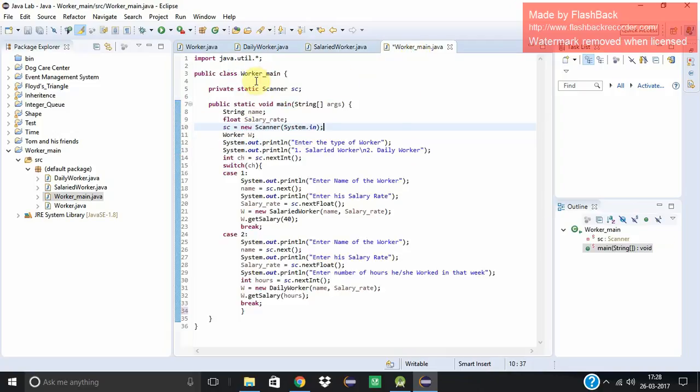So this is our main function in the main class. In this, there is a void main function. It has taken string name and the salary rate of type float, and then we have created an object of scanner class sc through which we will take the input from the user, and then we have created a variable w of worker. Then we prompt the user to enter the type of worker, salaried worker or daily worker. The user will enter the choice 1 or 2, and then there is a switch case which will handle it. Like case 1, if it is a salaried worker,